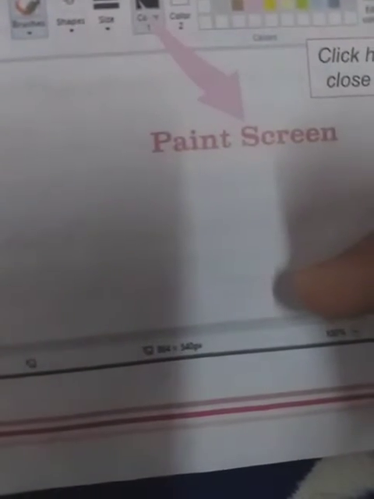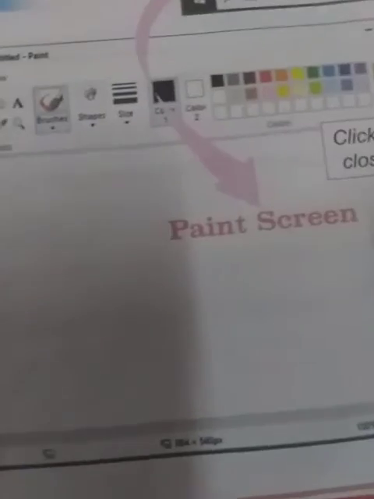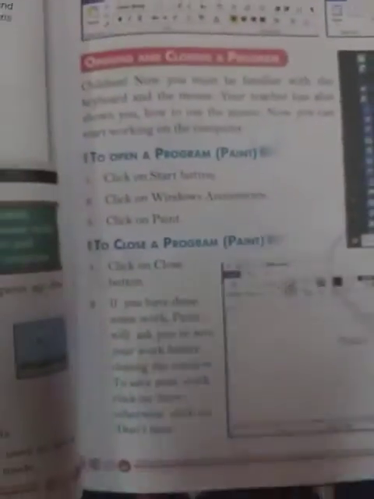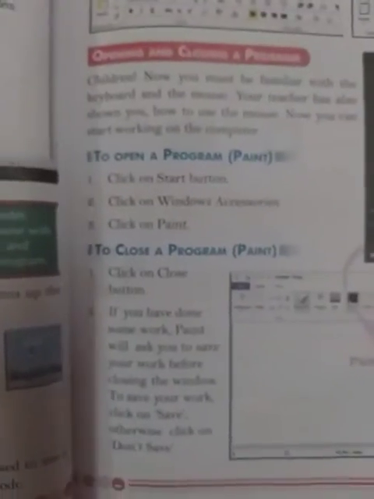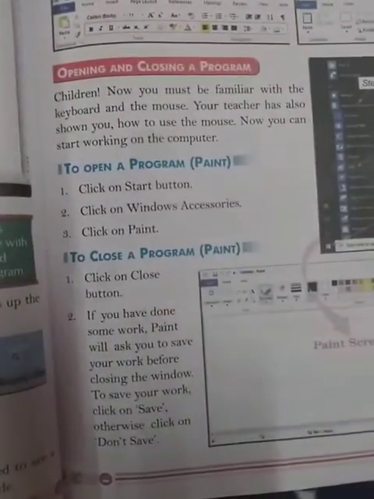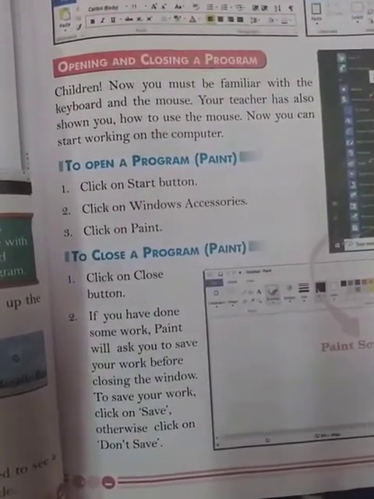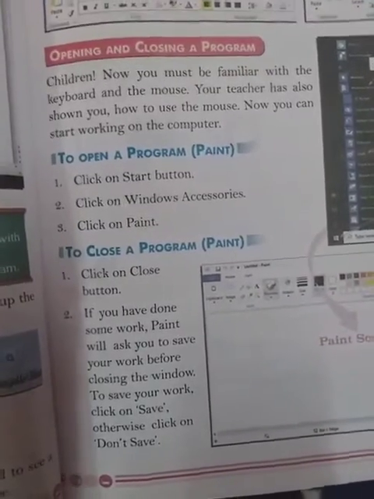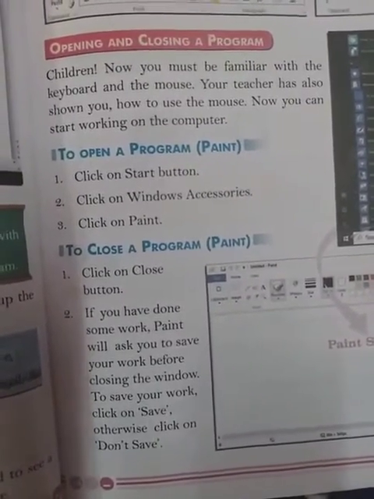And if you don't want to save that picture, then you will click don't save. Your Paint window will close. So students, I hope you all have understood very well how to open the program and how to close the Paint program.